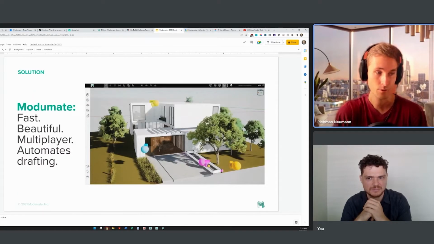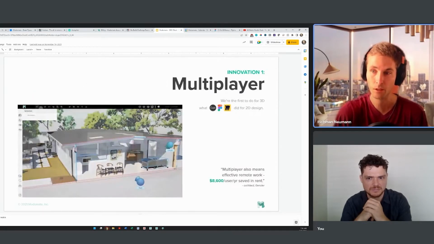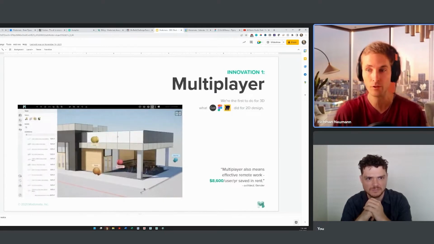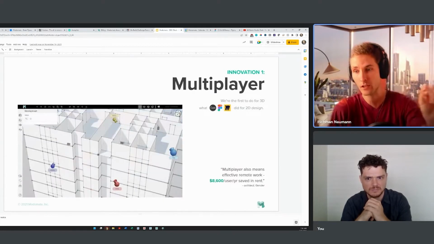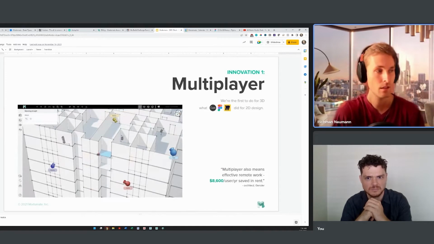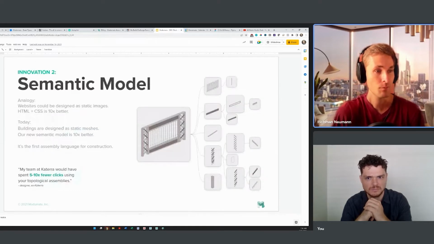that it is real-time multiplayer. Up to 16 people can currently see themselves in Modumate, the avatars of the other players orbiting in 3D, the actions they make as soon as they make them. That is already complete. A deeper semantic model